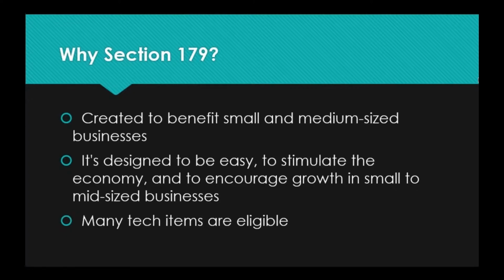Most business owners know sort of from basic general knowledge of running a business that certain items are tax deductible. Section 179 is a little bit different because it is designed specifically to benefit small and medium-sized businesses. If you're running a Fortune 500 company or somebody that's making multi-million dollars every year, this tax write-off or this tax deduction is not going to be as big a benefit as it is for someone who is running a smaller enterprise. It's also designed to stimulate the economy by taking the total of your taxable income, bring that down,